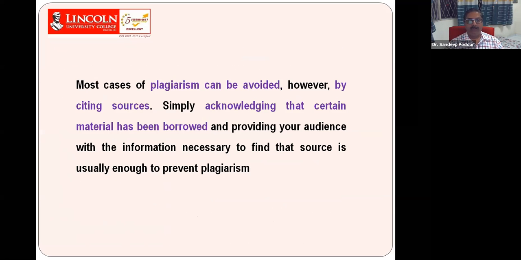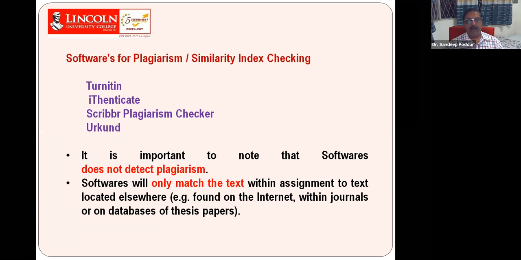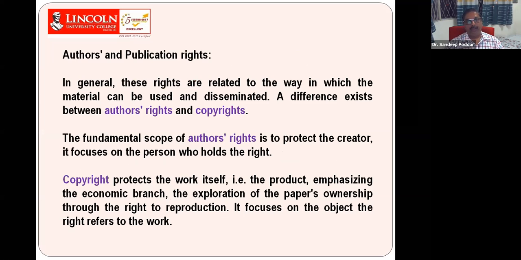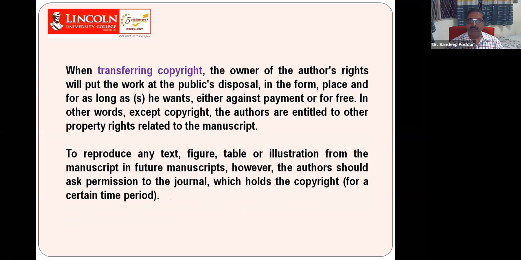These are things you may have already passed or will listen to. There are different software tools in India and elsewhere. Turnitin is used everywhere in the world now. This is similarity check software, not that it is checking plagiarism. If I copy some words, it will show, but it is not telling who wrote that sentence, I or another person. The software cannot detect that. That is called plagiarism. Then there are the author's publication right, copyright, etc., as I told.